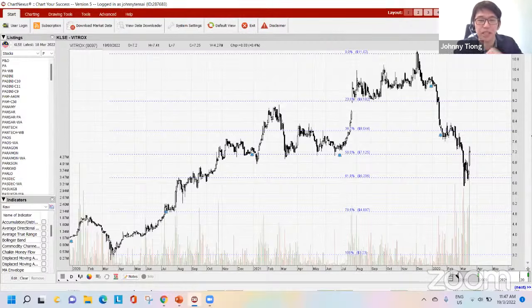Okay, for example, I put it on my shelf, and then how do I determine whether I want to buy or not? I will put in my alert, let's say at the nearest support. So when it falls to my nearest support, then it will trigger me, and then I will be looking at the fundamentals, the recent news. Is there any change? How is the profit, or how is the quarterly report? And then from there, I'll look at my technical analysis. Okay, is this chart showing any reversal, or is it bullish? This is how I operate on fundamental counters.